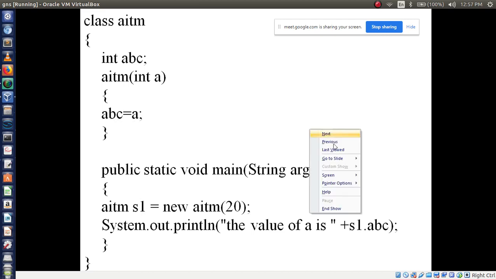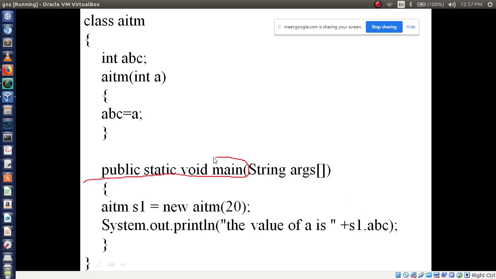See, the structure is going to work like this. First your control goes to where? The main method. Done. After entering the main method, it will read the next line. What have you written here? You are creating an object s1 with new AITM, but you are passing a value here. You are passing the value 20.